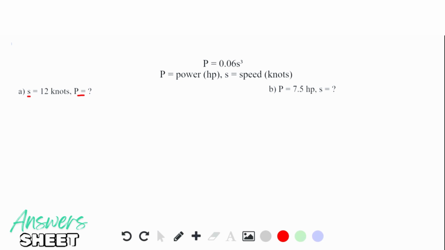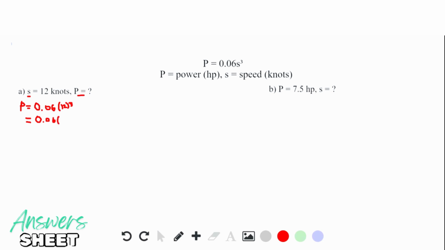So we're going to plug that into the model that's given to us. So P is a variable, and then we have P equals 0.06 times S, which is 12 cubed. And then we're just going to solve this equation to find what P is, and that'll be our answer for part A. So the first step is going to be our exponent, so we get power equals